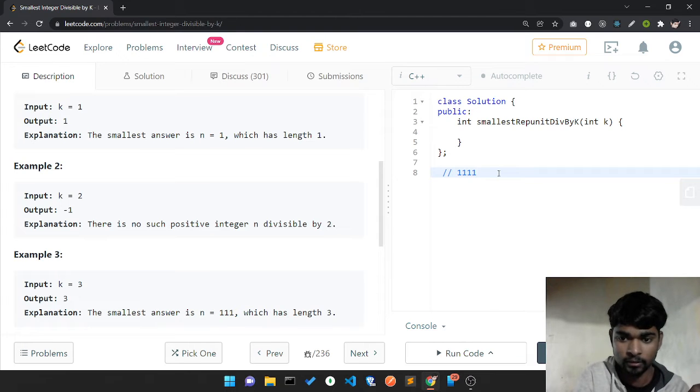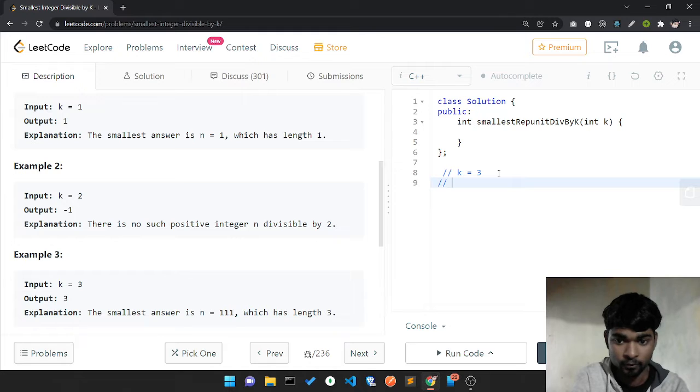Okay, let's run this case, when we are given k is equal to 3. Can 1 be divided by 3? No, it can't be. Can 11 be divided by 3?